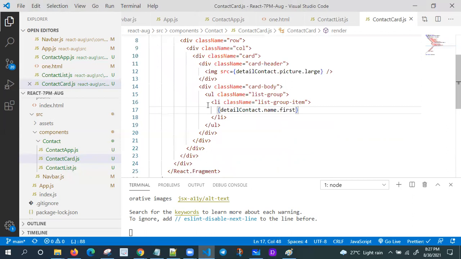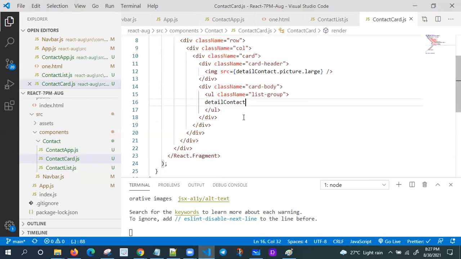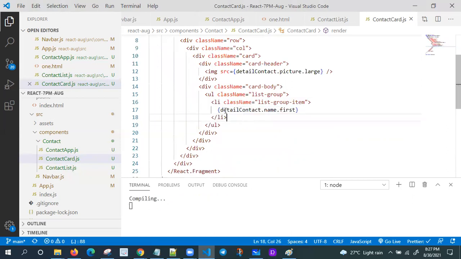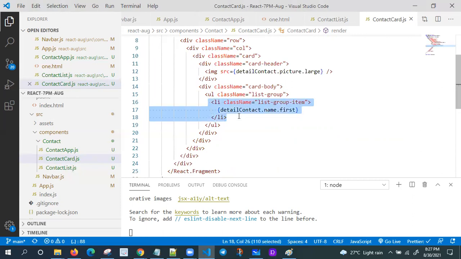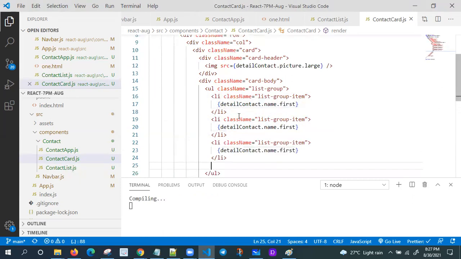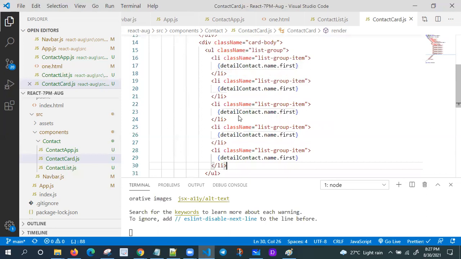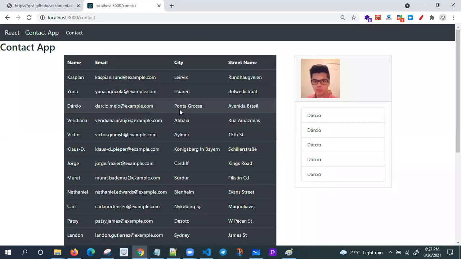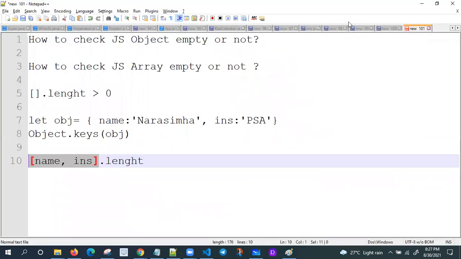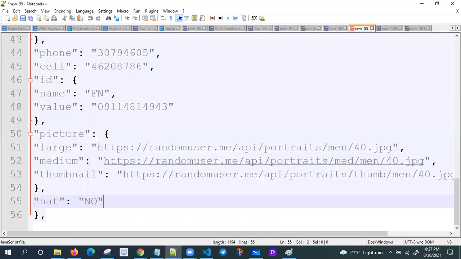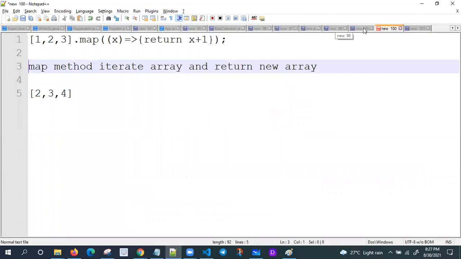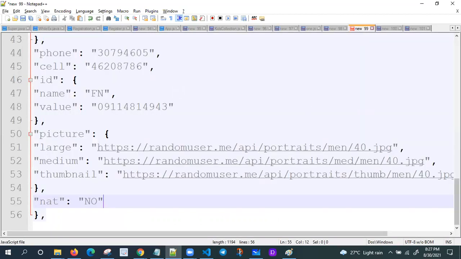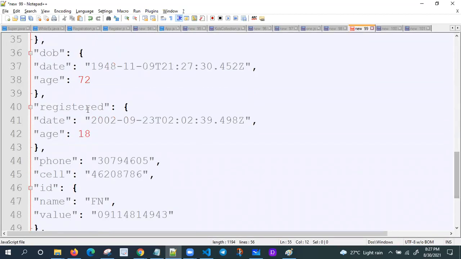How many do you want? You can copy like this. You can analyze the data and see what you want. I think it's register.age, part of here only.